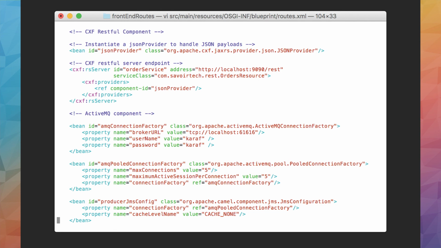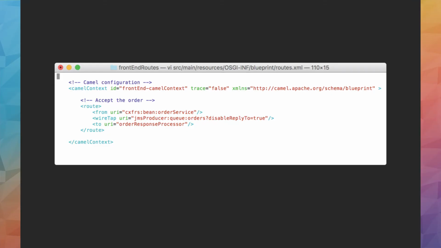But if you download the code from GitHub, you can go through and see how this is all implemented. Essentially what I'm doing here is that I have a configuration to stand up a RESTful web service that's going to listen on port 9090 and look for a JSON post to come in. And then I'm going to configure up a connection to an ActiveMQ broker, and then wire it all together with